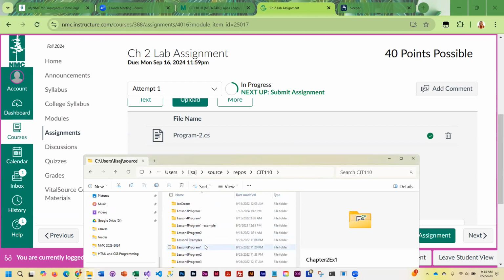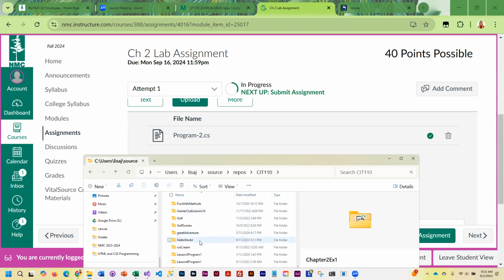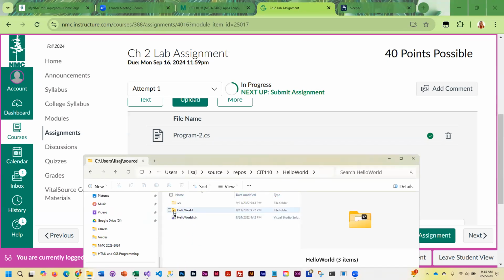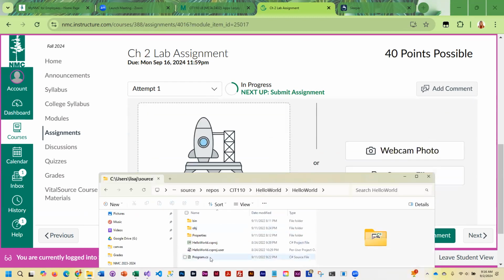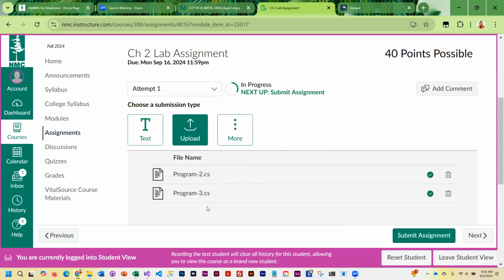let me see. I'm going to do a different one just to show you. Obviously, you will have a folder called Chapter 2 EX2. But I'm just going to grab another one real quick so you can see. Okay, so here is another CS file, completely different from the first one. And if I drag this one up here, it is smart enough to know that they are different